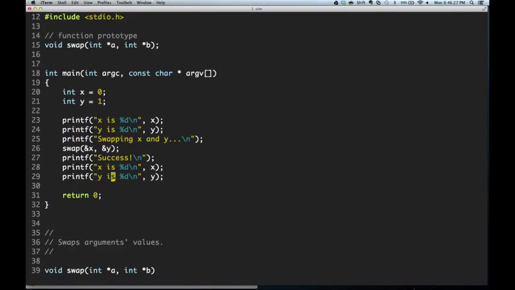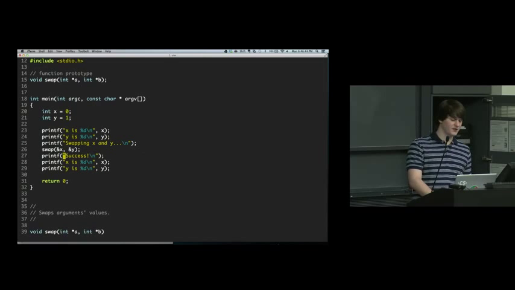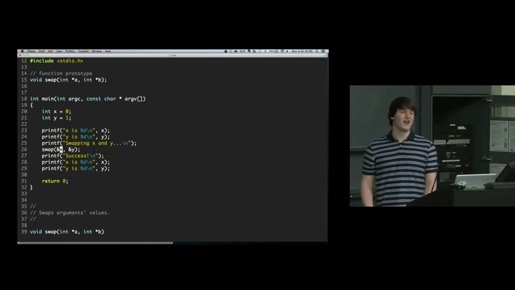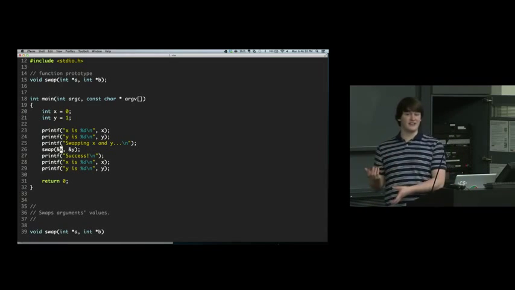Coming down here, we're no longer passing x and y. We're passing ampersand x and ampersand y. Ampersand, I usually read literally as address of. So we're passing the address of x, and we're passing the address of y. And since x is an int, when you get the address of an int, the type